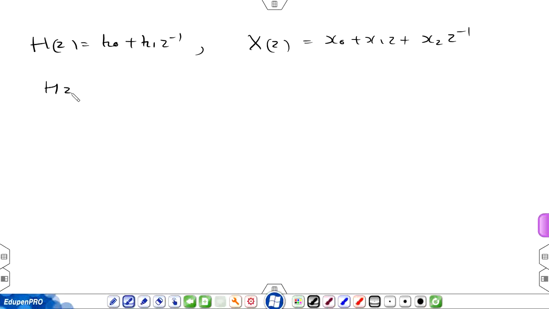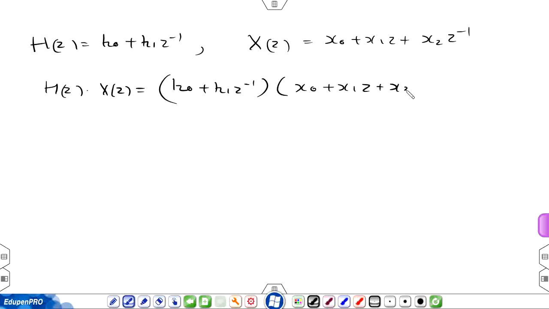So H(z) into X(z) will be given by h0 plus h1 z inverse multiplied by x0 plus x1 z inverse plus x2 z to the power minus 2, and if I expand the brackets, the final result will be